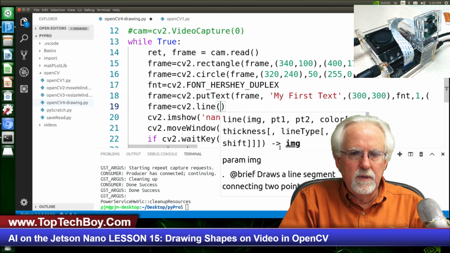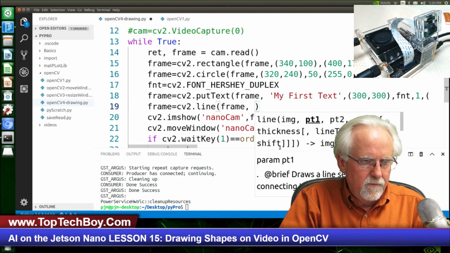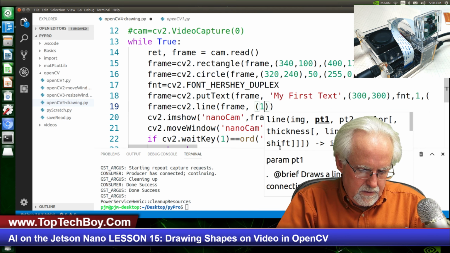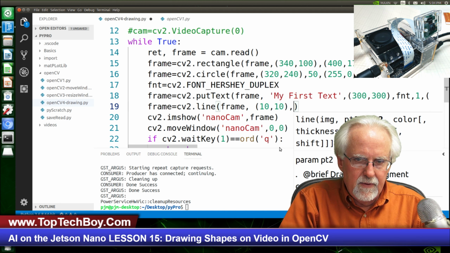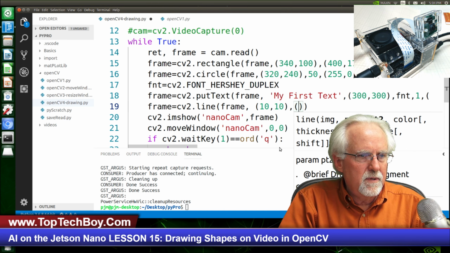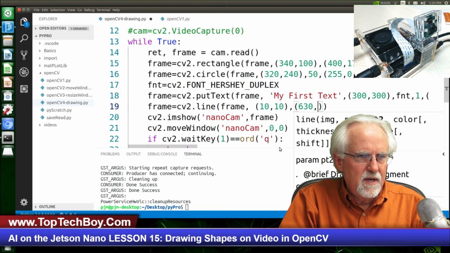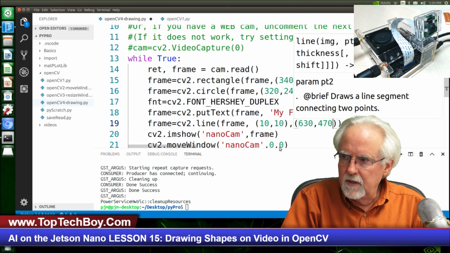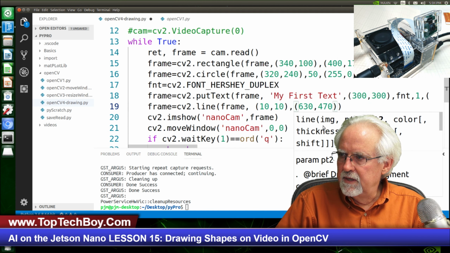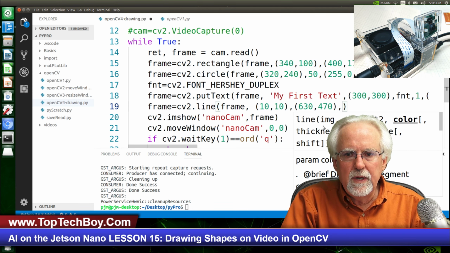And so what we're going to do is on line we're going to say frame, and then we are going to say, let's go from 10, comma 10, and then we want to comma, and then where do we want to go to? Well, let's go almost all the way across. So let's say 630 across, and 630 by 480, right? And so then let's go 470 like that. Okay, so 10, 10 is the starting point of the line, 630, 470 is the next point, and then we need to give it a